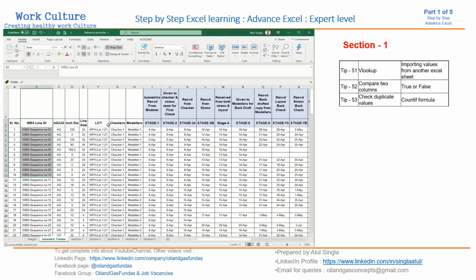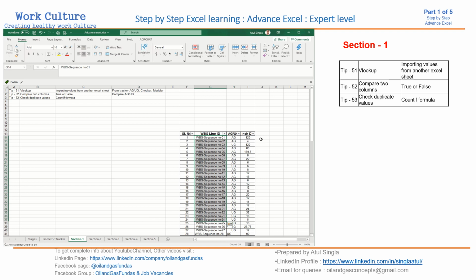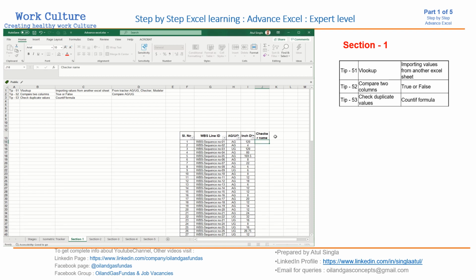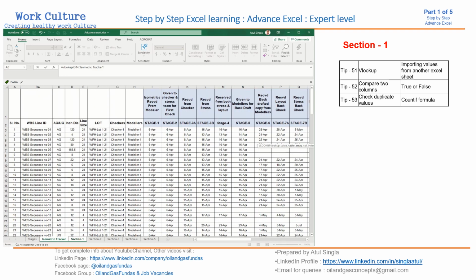where we have a database related to the same line numbers. Suppose we want to bring the checkers and modelers name into this section, so we can write the checker name, and we want to bring the checker related to this line number. So we'll go for VLOOKUP, then bracket, then what we want to search, this line number, comma, then the table array from where we want to bring the checker.